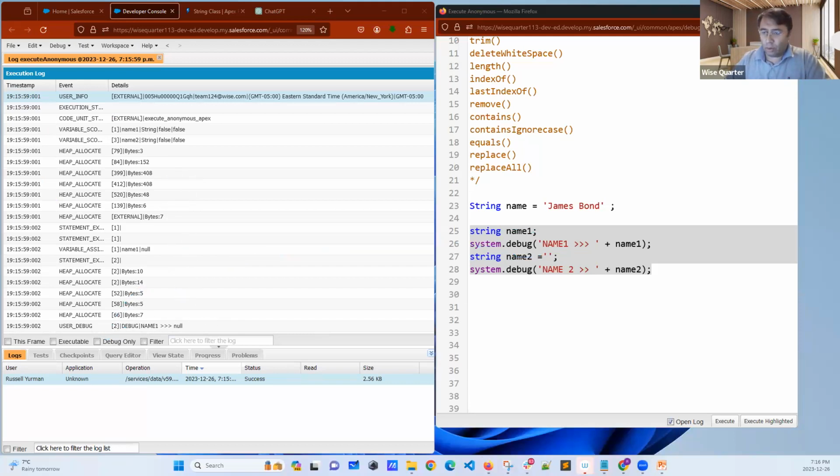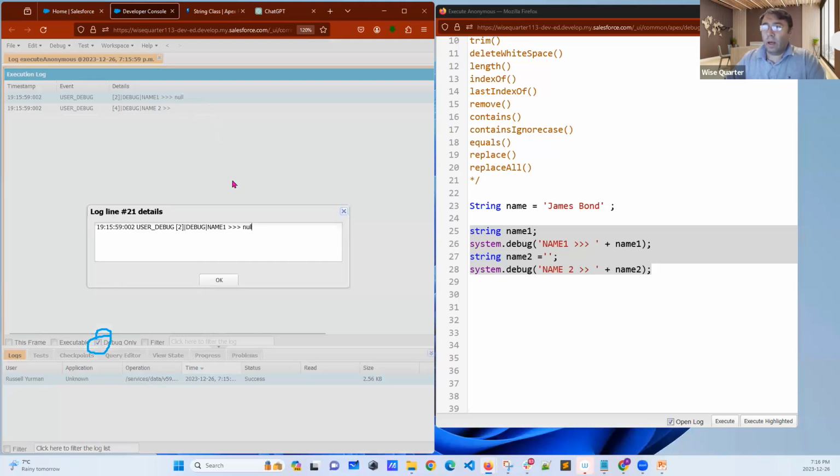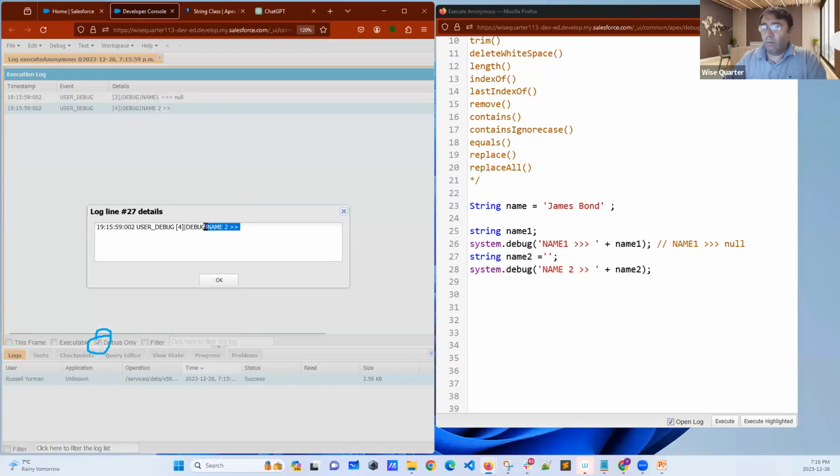Okay, let's click debug, this part. See, I have null. This part is null, but the second part is not null, which means this is a really tiny thing, but